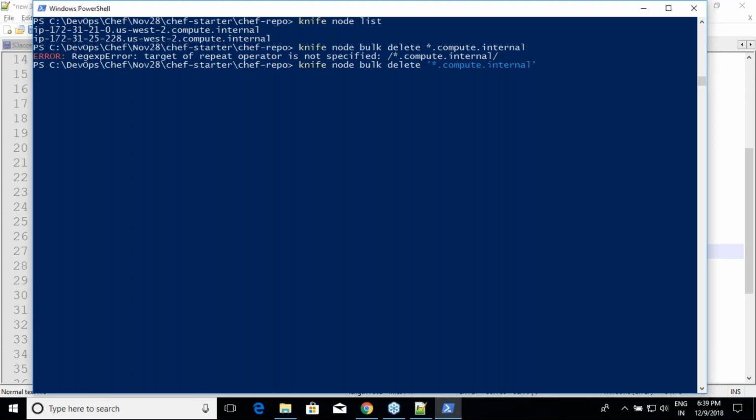So we are looking at a node which ends with compute dot internal. Okay, not working. So what is it that I have messed up? I think I've given it right. Slash is an escape sequence. I am not using any invalid character to really give an escape sequence.